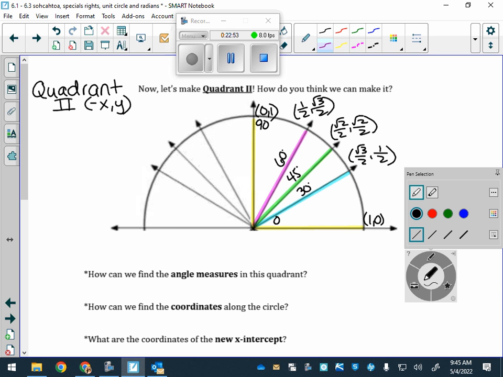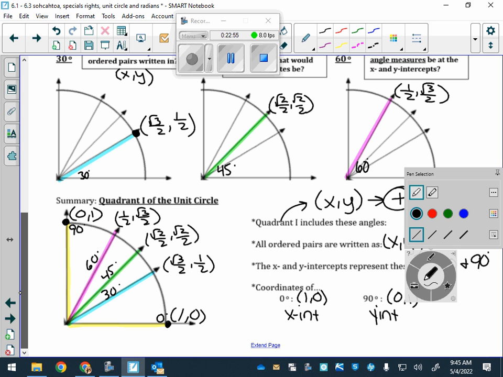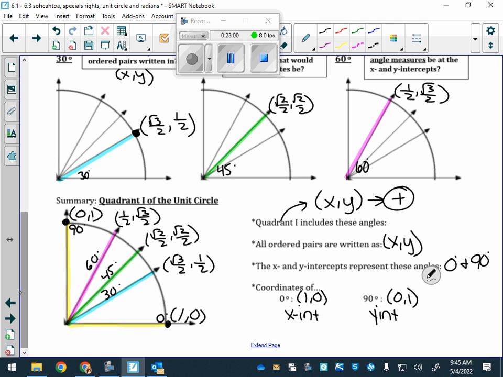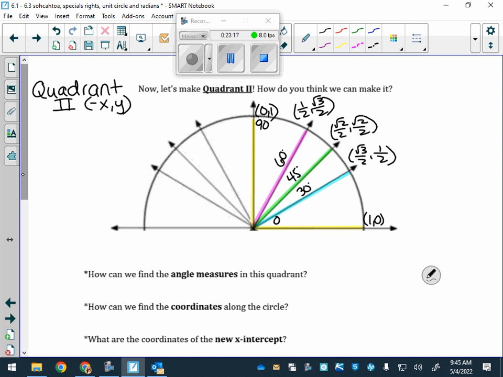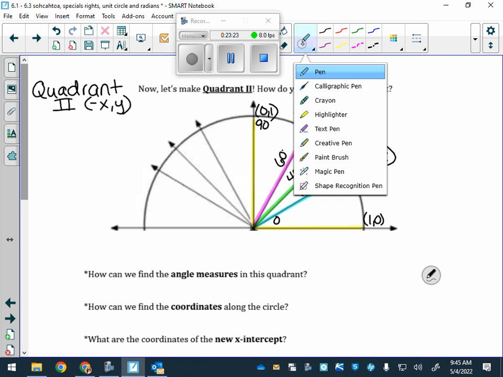All right. So once quadrant 1 is filled out,